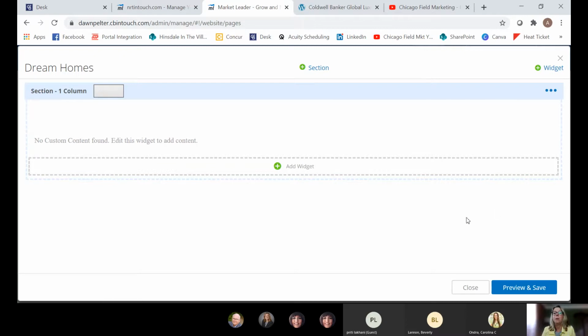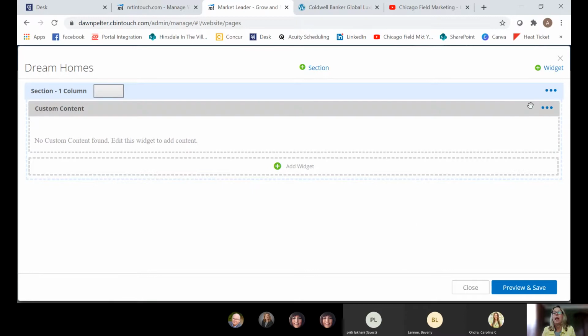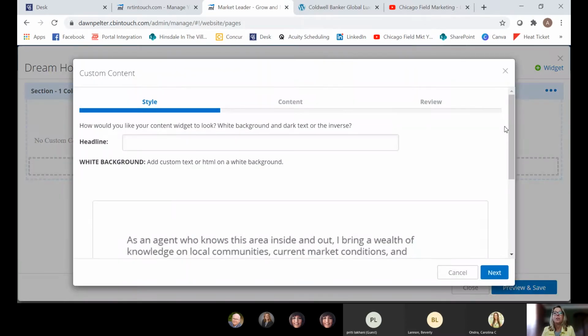So if my mouse is off of this, the gray bar does not show up. I need this gray bar that correlates to this custom content. So I'm going to click here and I'm going to edit it. Those three dots are helpful in every single program. Now, this is one thing that is not as intuitive